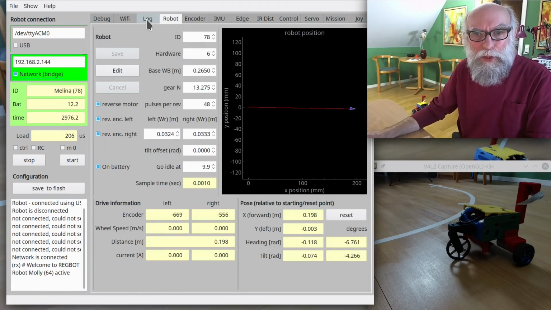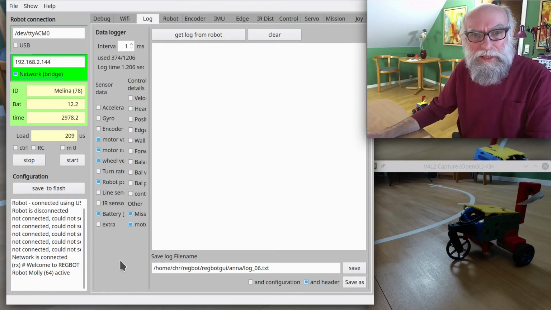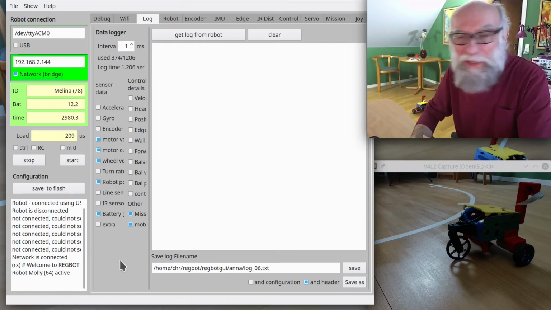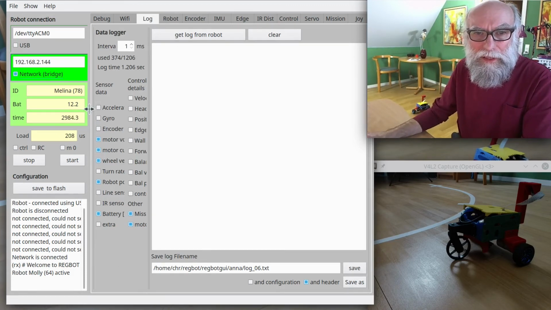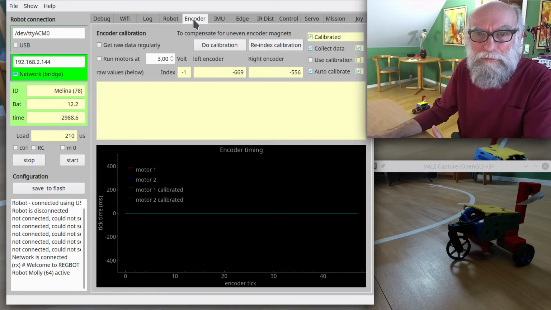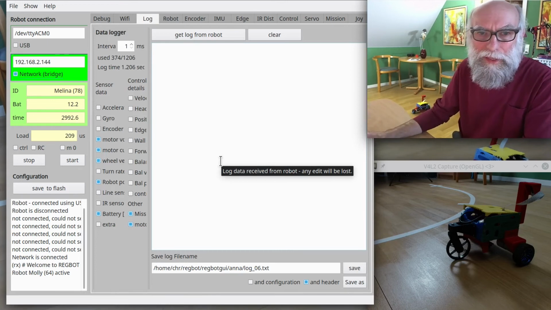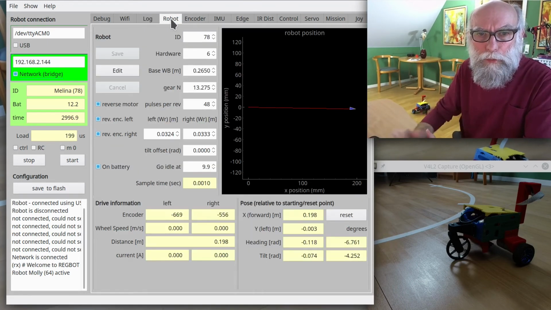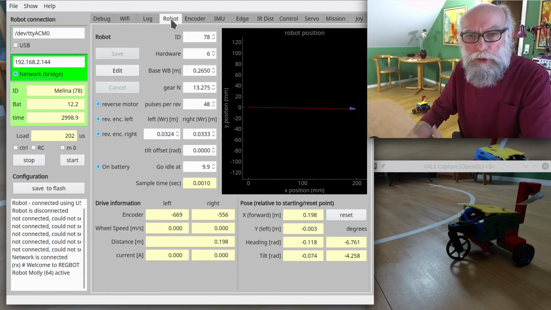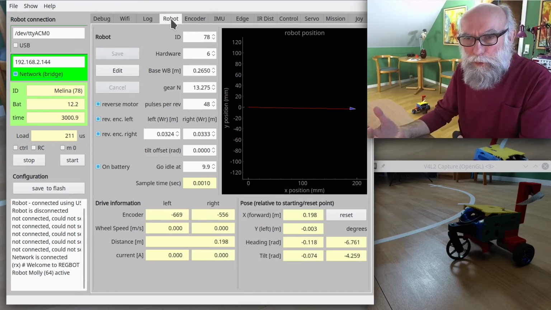It says it's called Molly, but it isn't. It's called Melina. It sometimes showed the wrong name at the beginning, but if you then flip between some of these tabs, then it will request the right name and get it, especially this robot tab. So now I'm in contact with the robot,